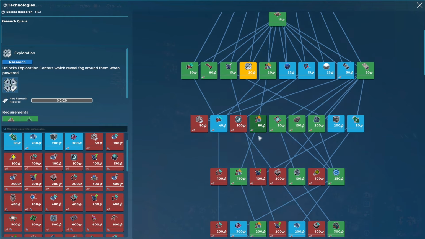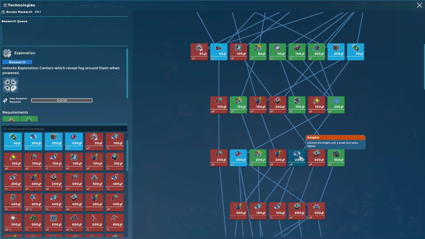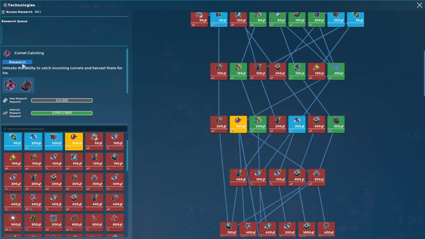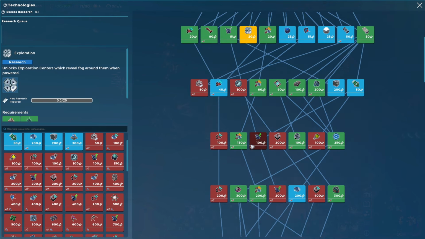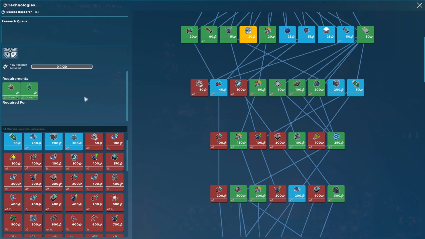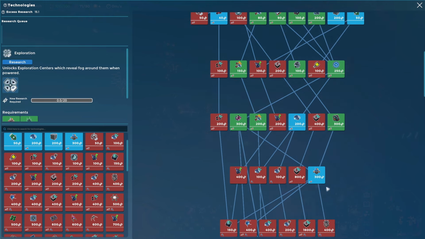We've almost unlocked our planetary science. We just need to unlock this comet catching. And because I have 315 excess research, I can unlock it immediately, getting us that much closer to abducting humans. Well, not humans, but